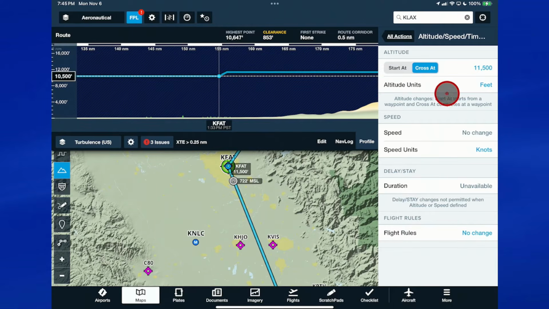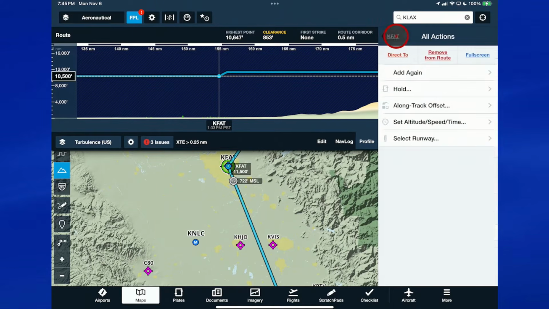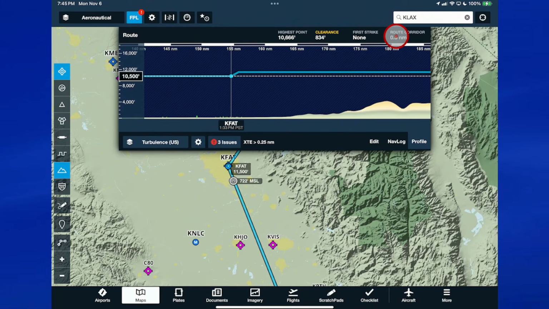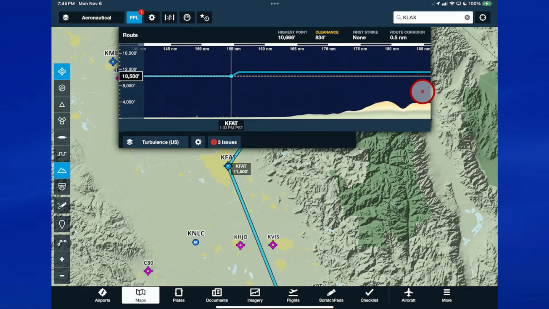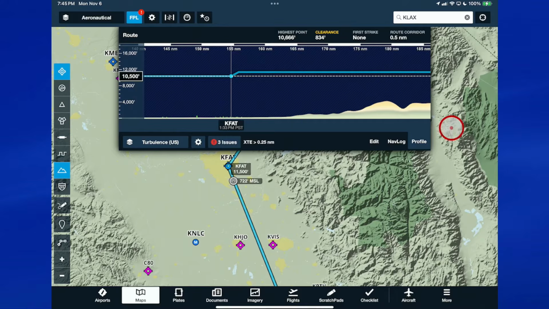I think it probably is waiting for you to close that window so it can redo its calculation. Well, try closing the profile and coming back to it. Yeah. I'll go back to edit. I'll even close that drawer and come back to it and see what happens. Nope. Not quite sure. The idea is that it's supposed to climb so as to cross that at that altitude.